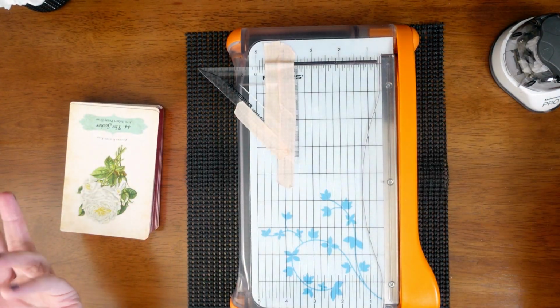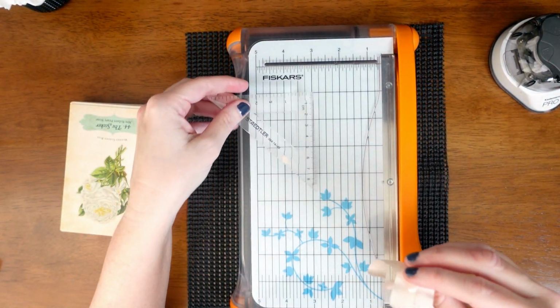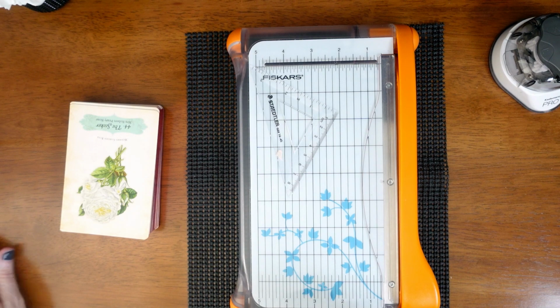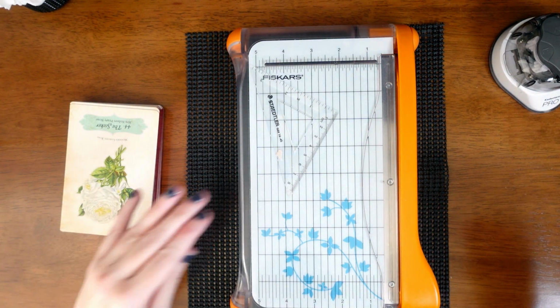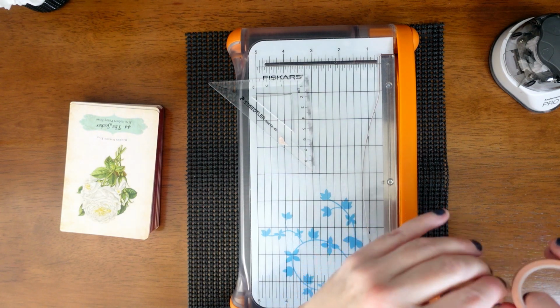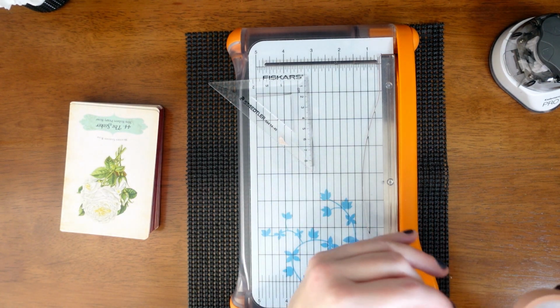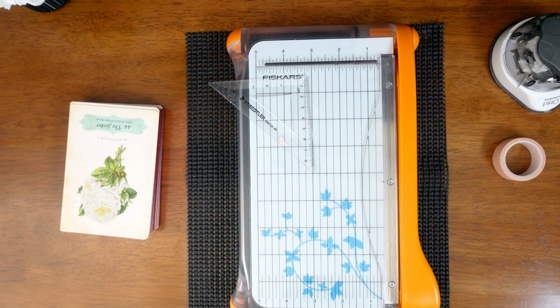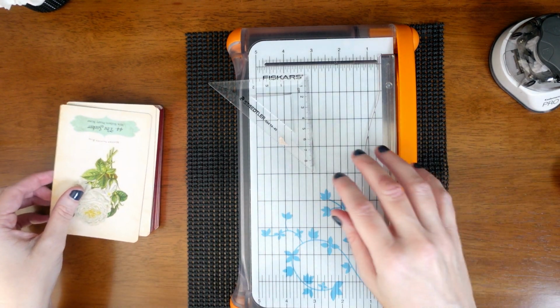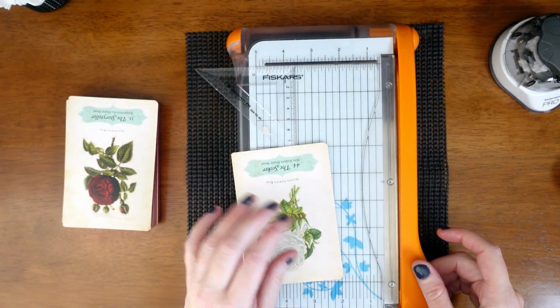Here's all the slivers that I cut off. And part of the problem is this washi needs to go. So I need to add some new washi to it because it's just not holding the way I really want it to. So let's grab a few more pieces of washi, and we're going to basically repeat this process and do the same thing. Also, if I had some better washi it would probably be good, but I don't want to waste my good washi on this. So flip the deck around, repeat the process,